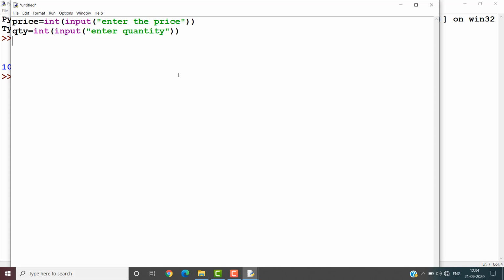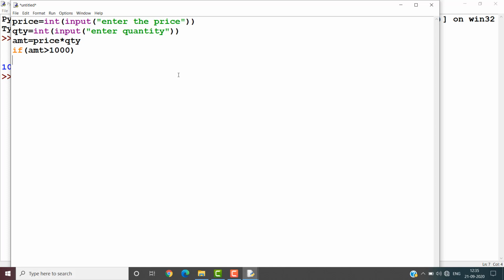One is price, the second one is quantity. Then amount. How is the amount calculated? Amount is equal to price star quantity. So the quantity that you have purchased. Then we are checking whether the amount is greater than 1000.